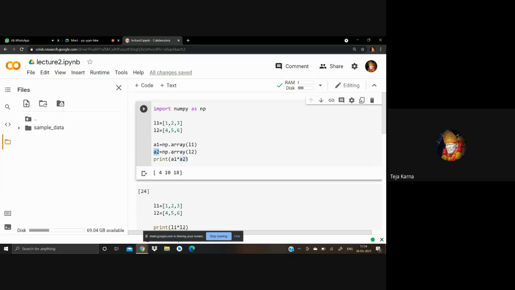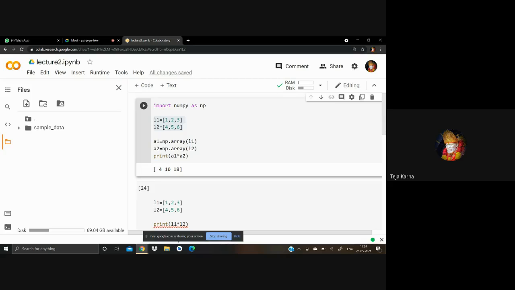Now when we multiply A1 and A2, where both lists are stored as arrays, it generates the multiplication: 1 into 4 is 4, 2 into 5 is 10, and 3 into 6 is 18. Okay, sir. Clear. So this is the basic work of NumPy.